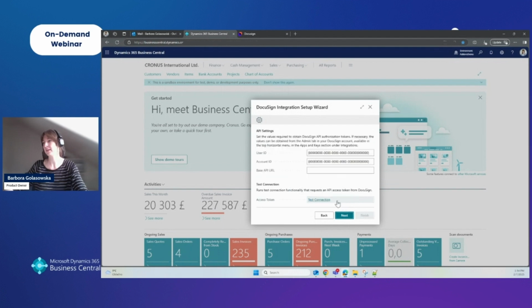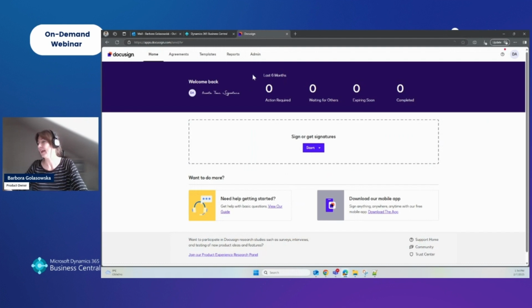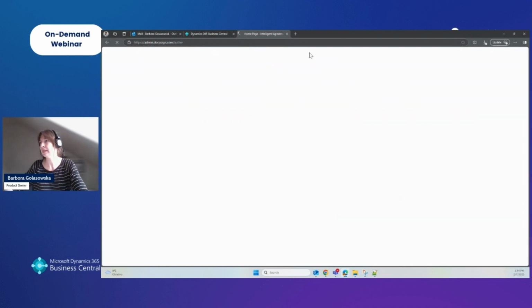And now we can move to the next step, where we will need to look for these three values inside your DocuSign account. So now it's the time for you to log in. And after you have logged in, you will be shown this homepage dashboard, and your credentials can be found under the admin tab. So let's go there, and then we will need to